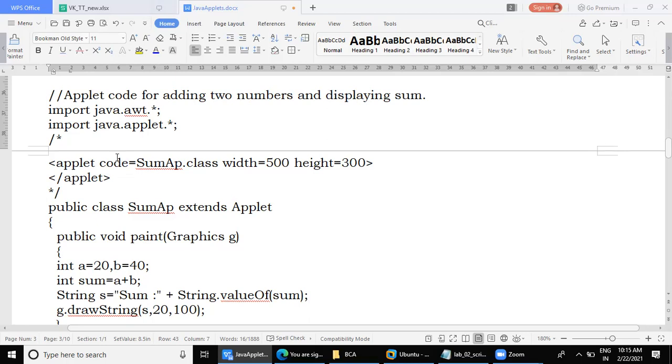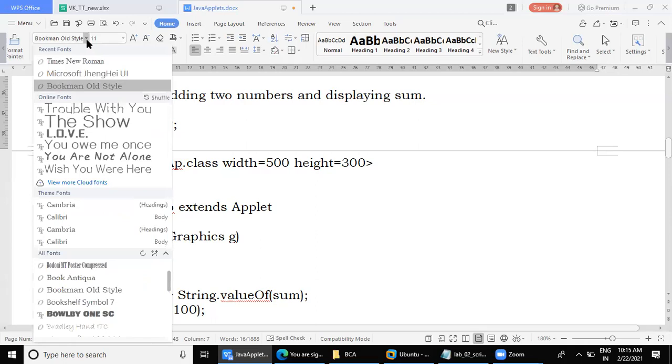One GUI component is the text field. Another, when you log in and click on a button, is the button, one more GUI component. Then the label is the one which just says enter username, enter password, which you can't click and change. That is a label. The one which you can change is the text field. So remember these names. These are GUI components: label, text field, button, list box.